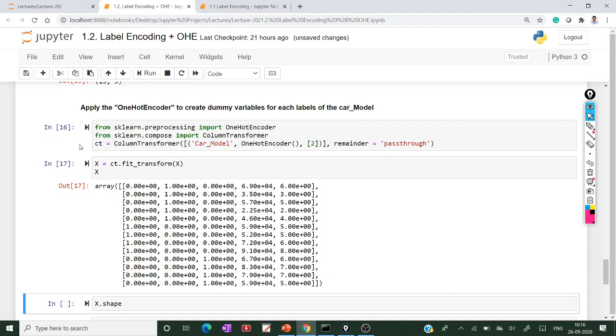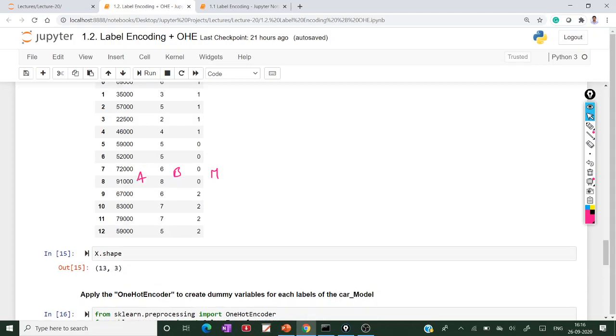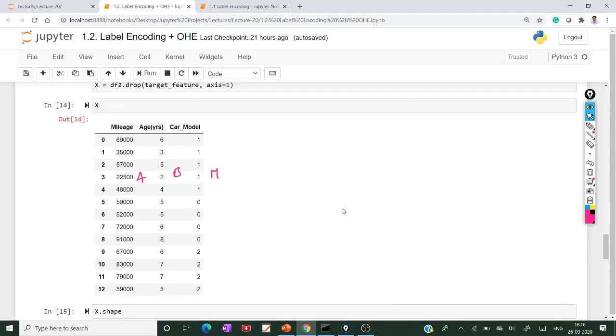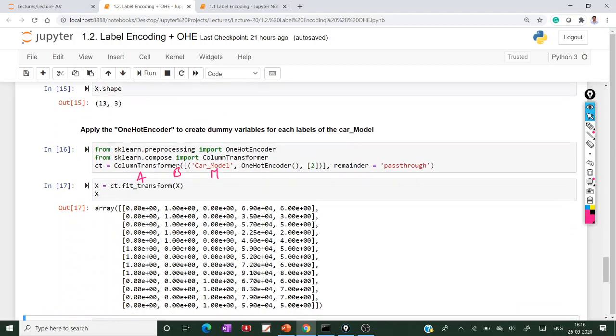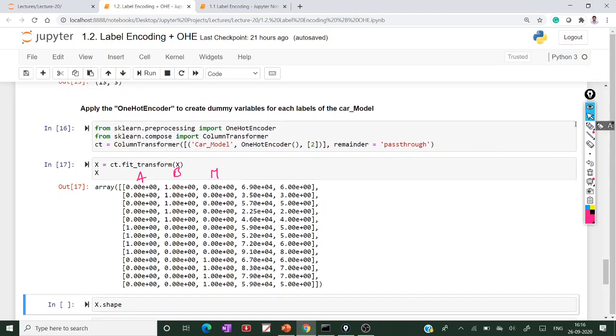If you see, this is the Audi, BMW and Mercedes-Benz, and this is the mileage, and this is the age.